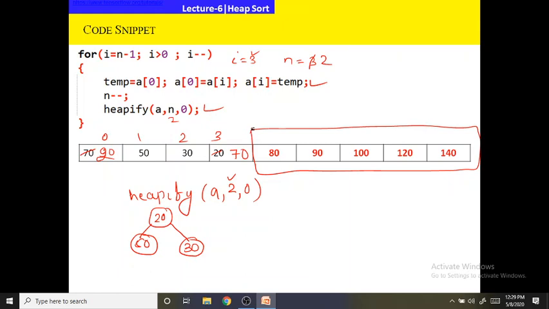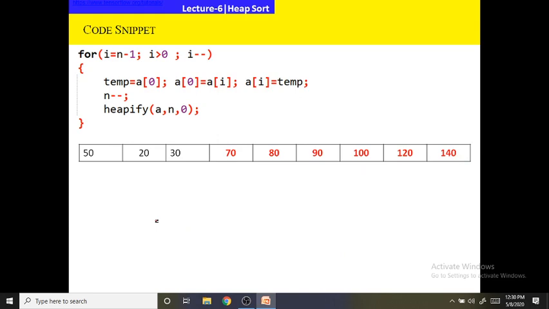Okay, so now you see, this is already in the sorted list. So next, I have to heapify it. So after heapify, what I will do, let me heapify it. So 20 is smaller than 50. So 50 is larger than 20. Now I have to compare the larger element with the right child. So right child is 30. So 50 is larger than 30. So what I will do, 20 will come to here, 50 will go to here. These two will be swapped. Now let me draw this again. Now you see, these elements are already sorted.